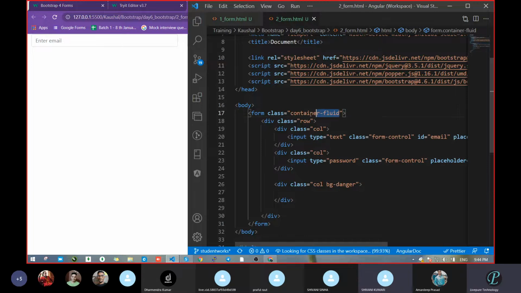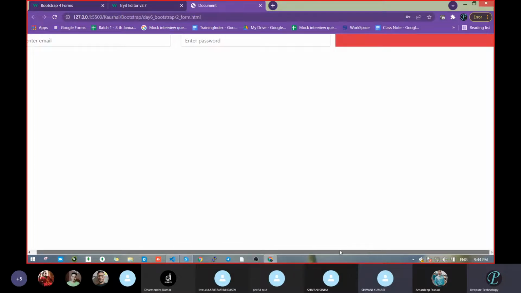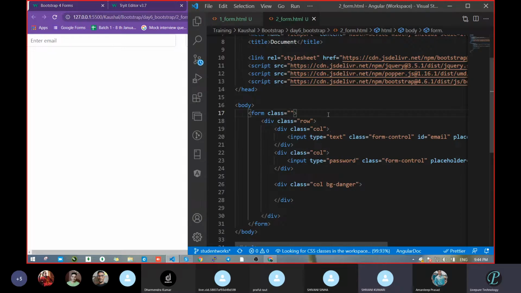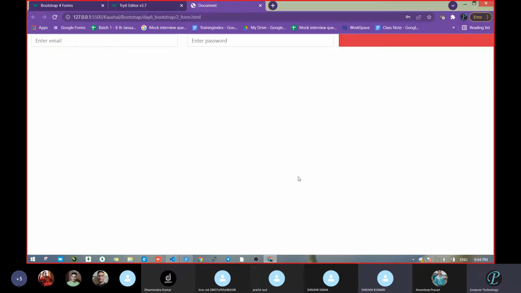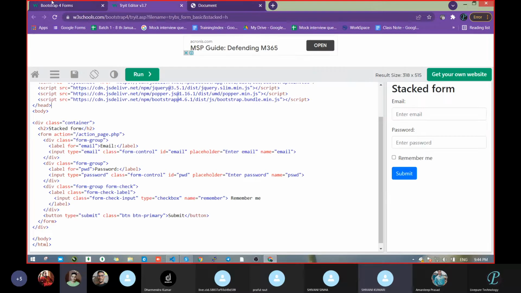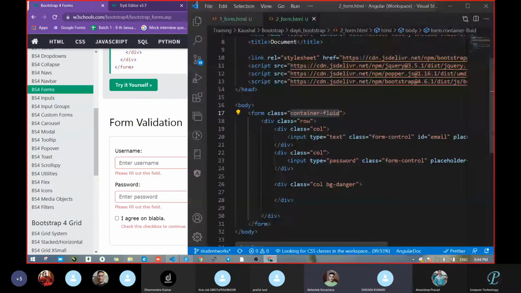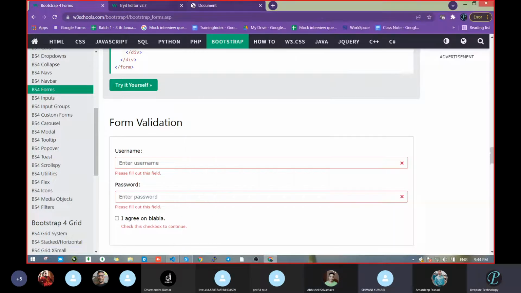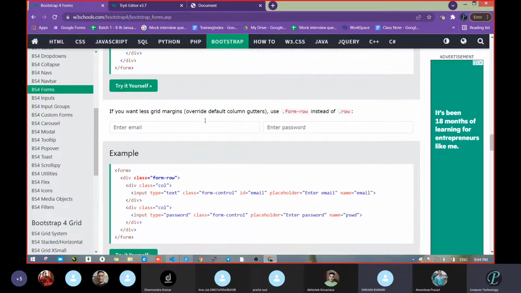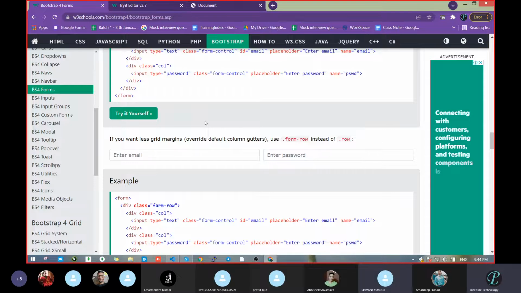When you pass this container hyphen fluid, that scroll bar is gone. Because of the space on the right side, it was going that side also. The container fluid handles the overflow. Okay. So is there any more doubt now or is it clear?